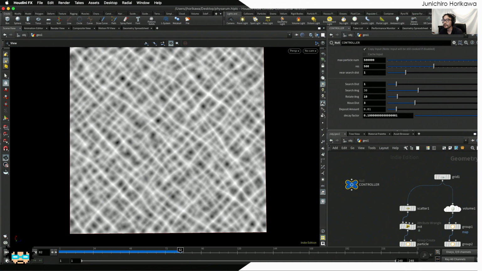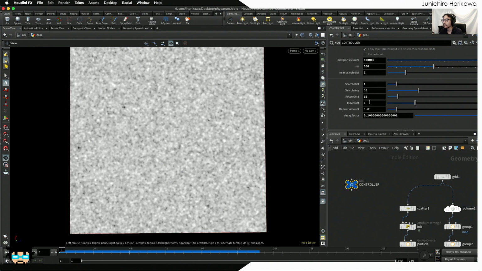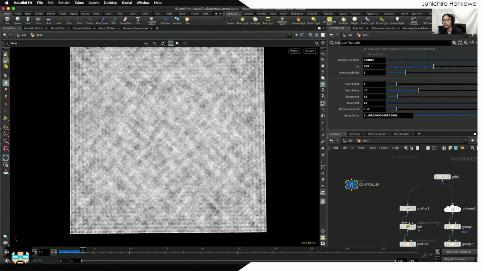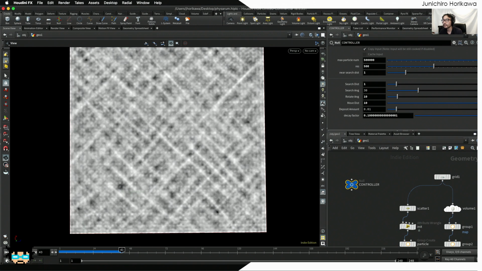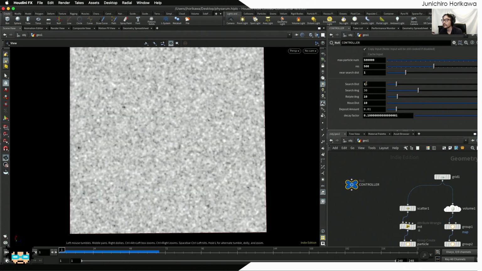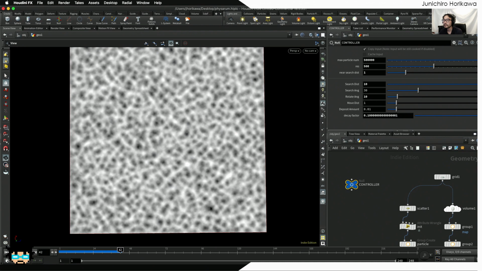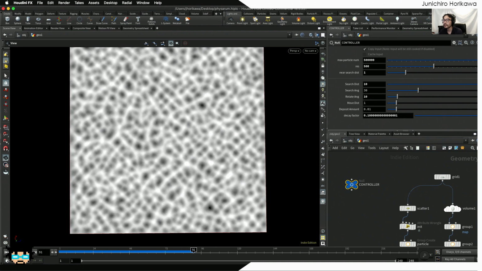Now it shows more grid-like patterns, which is interesting. Yeah. What if I do it as 10? Okay, now I start to see some weird pattern here. What if I set the search distance to 10 and move distance to 1? Okay. Start to see more like a net-like